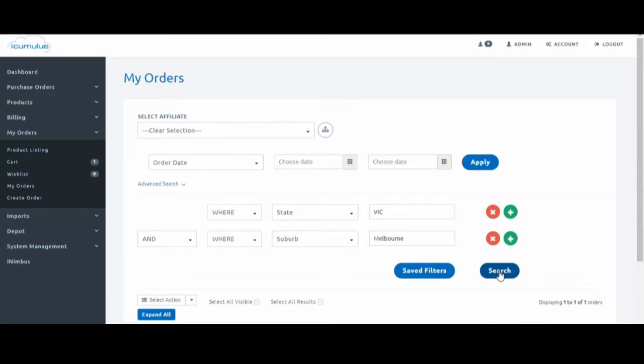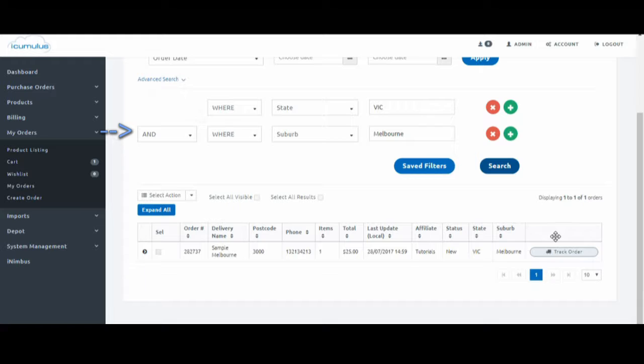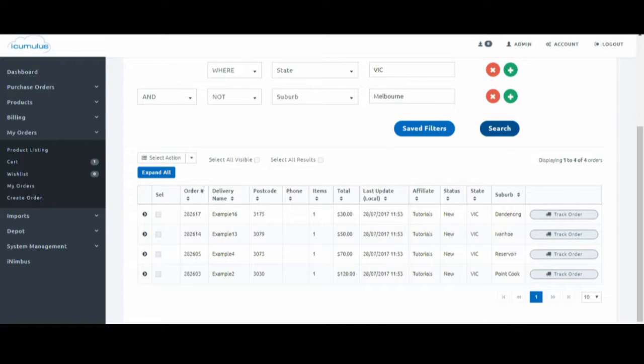Notice that when you add another filter, we also get another drop-down box that says AND. By changing this drop-down box and the Where drop-down box, we can change how we are using the current filters. Say instead of searching for orders that are both in Victoria and in Melbourne, you can search for orders in Victoria that are not in Melbourne by setting Not instead of Where. If we were to put it into words, it will read, find all results where they are both in Victoria